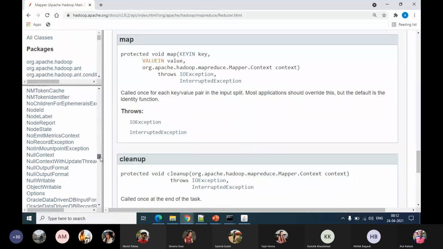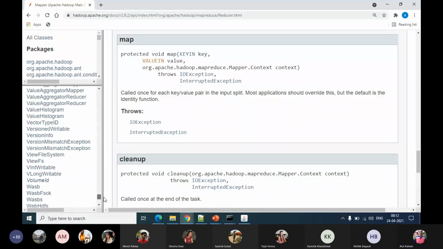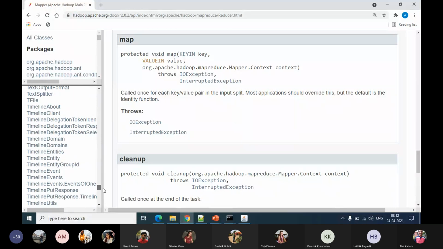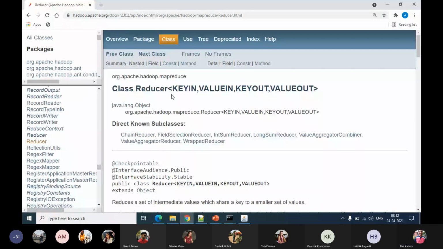Similarly, we can take a look at the reducer. So the reducer class also has 4 parameters: key in, value in, key out, value out.